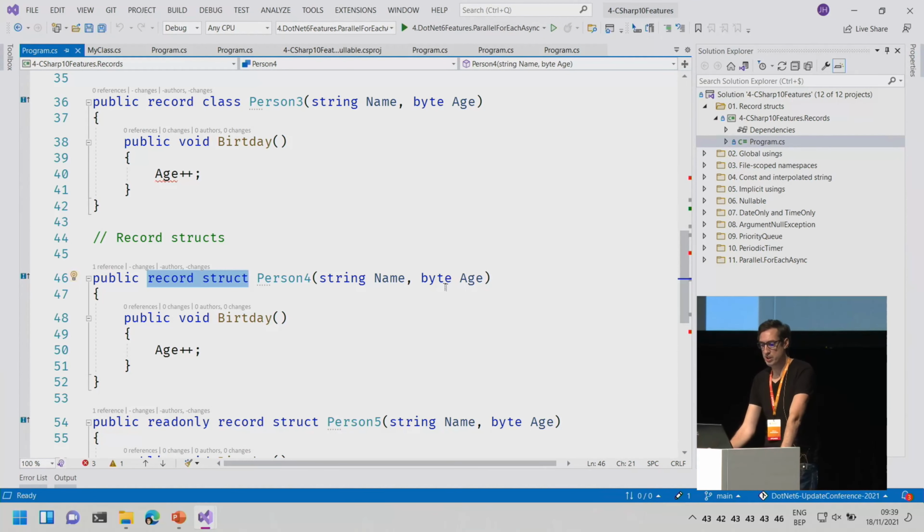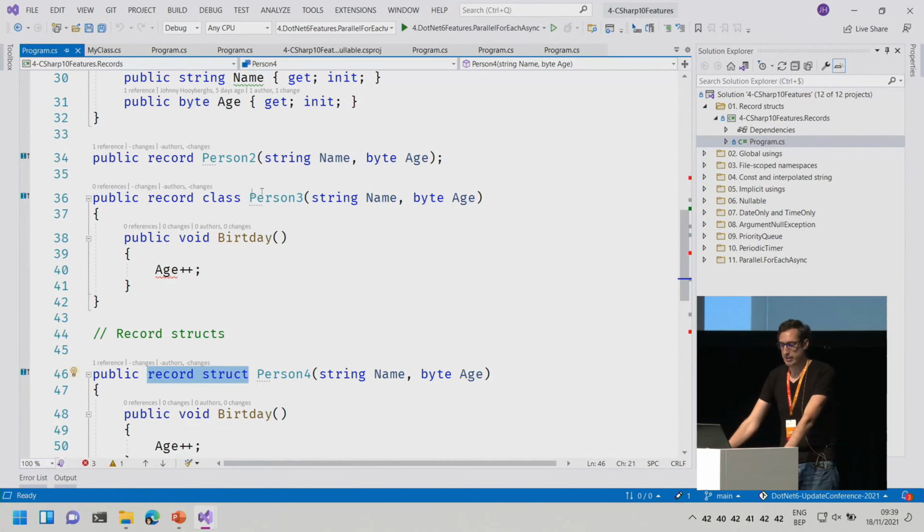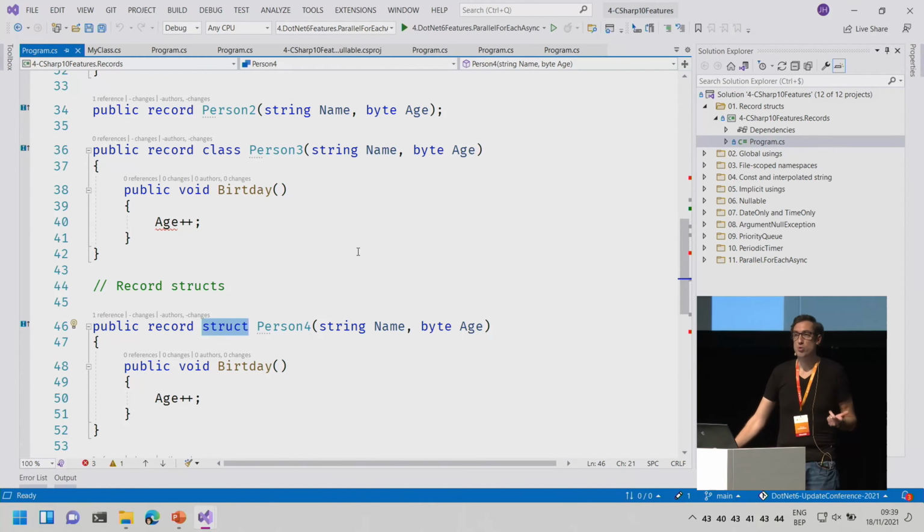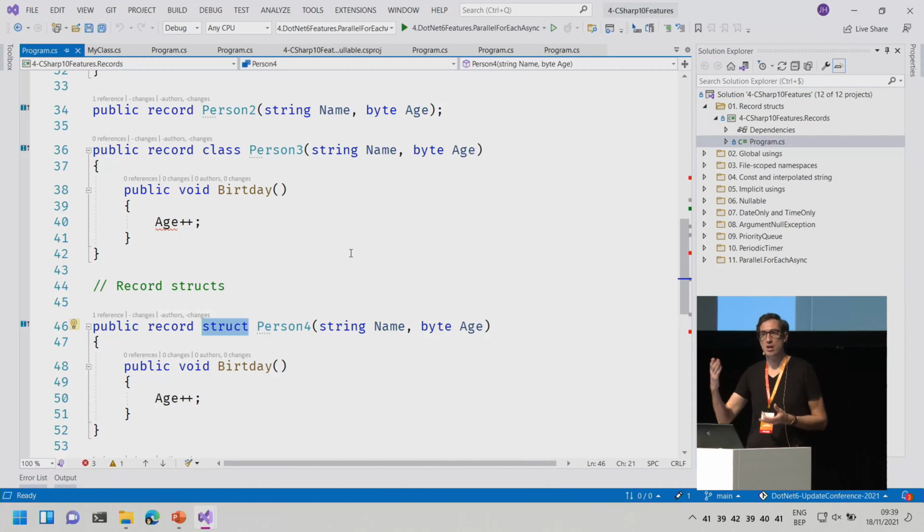And to make things a little bit confusing, of course, I didn't tell you, if you don't know, a record does not exist in .NET. This is just syntactic sugar from C#. If you compile this, it will just generate a class for you, because record does not exist. And that class has some additional methods implemented for you with source generation. So that record can compare to other records by value. It can do ToString automatically, showing you all of the properties. So all of that functionality is for free. You don't need to write it manually. But some people really like to use structs instead of classes, because a struct is a value type and a class is a reference type.